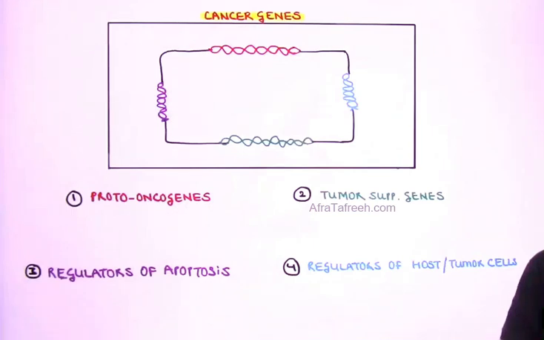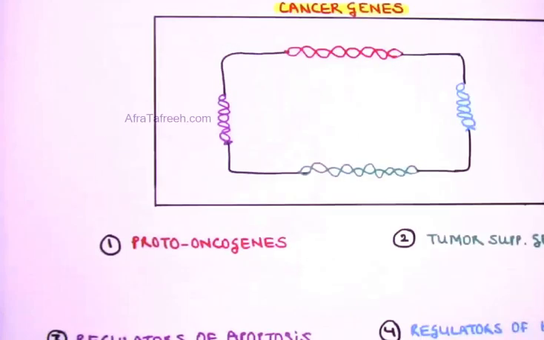Of the different subtypes of cancer genes, so that we have a better understanding about the mechanism by which they are responsible for causing development of cancers as and when they are not functioning properly. Now, when we talk about the cancer genes, as is the latest concept, we have four important categories of the cancer genes, as I have tried to highlight here with the help of this diagram.